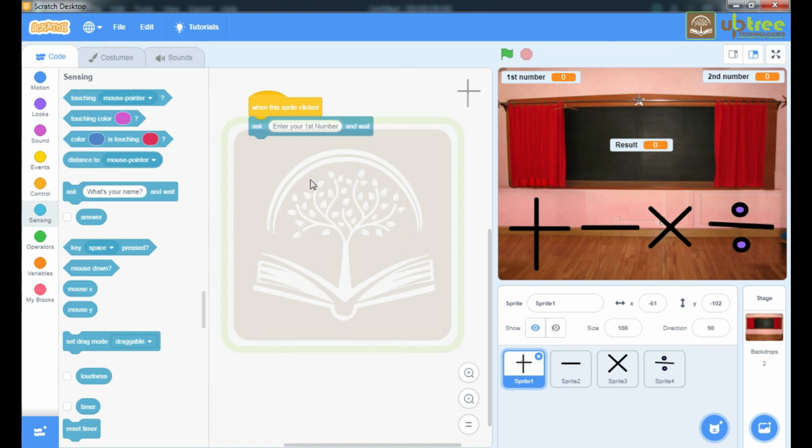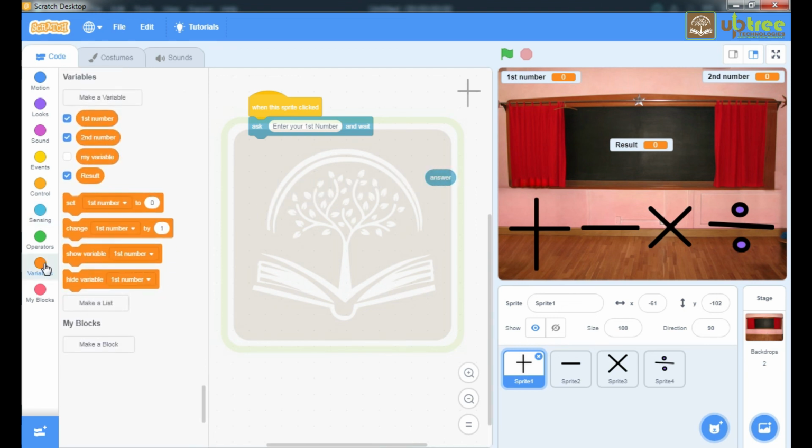So this command will take the input of the first number. After taking it, the input will be stored in this answer variable. We are going to store that answer in first number, because variables are used to store the values.